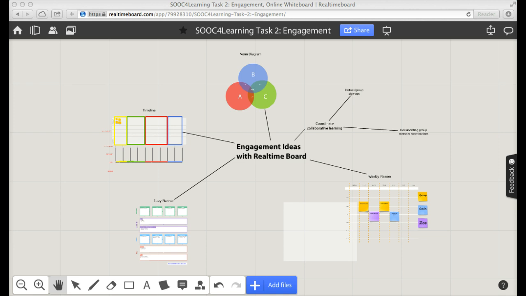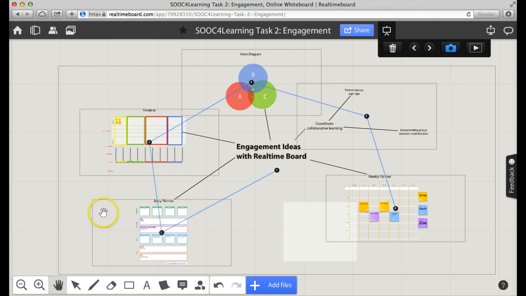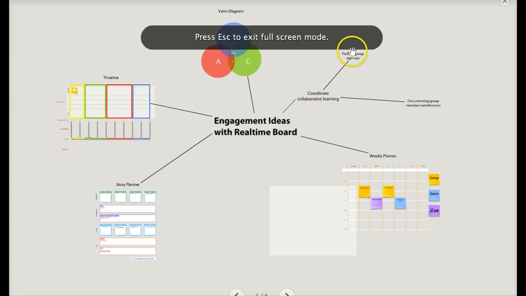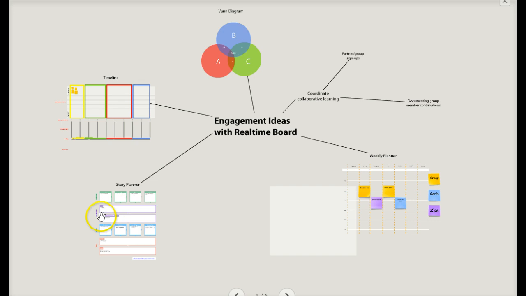provide options for self-regulation. So what we're looking at right now is the online whiteboard that I created for this task, and I'm going to go into the presentation mode, and I'll show you how I did that afterwards. But there's a way that you can create slides from parts of your board, and so I've done that. So my first slide is just an overview of the board,